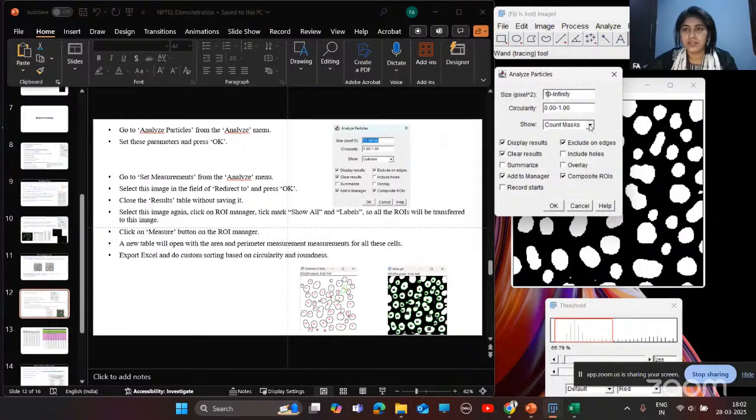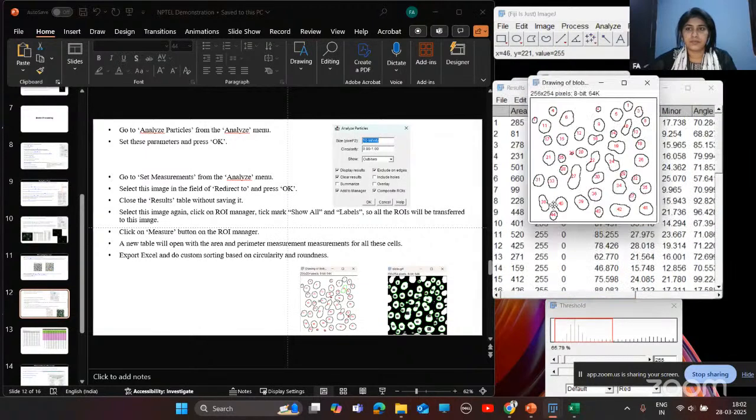Here we'll select outlines, display results. You need to select exclude on edges, clear results, and the most important parameter, composite ROIs. Then okay.